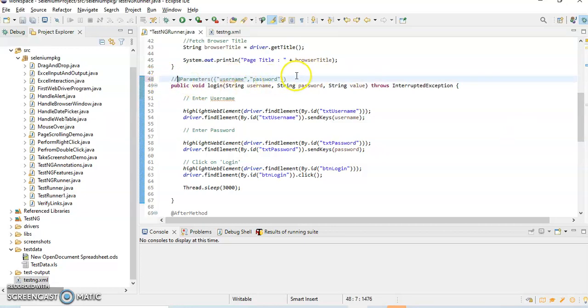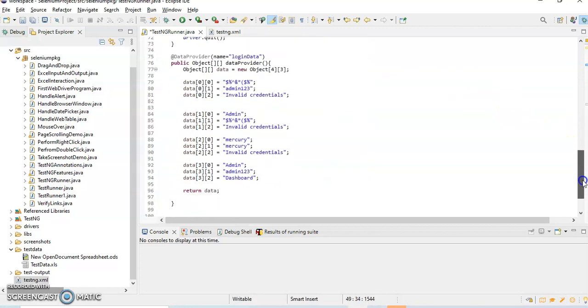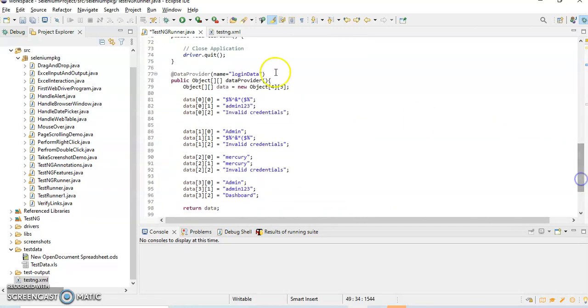Okay, so here we have to write @Test, and I'll write here dataProvider equals login data. Okay, the same name you have to give. So whatever the name you have provided here, right, the same name you have to provide there.